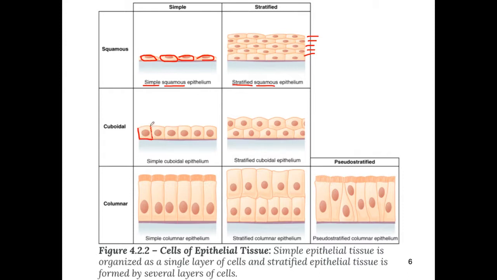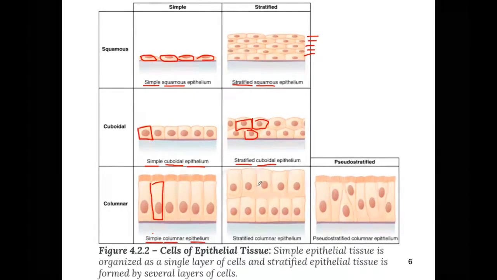Below it, we see these cubes. So we know that they're cuboidal. And then is it one cell layer or more than one cell layer? It's only one, so it's simple cuboidal epithelium. To the right of that, we have these cubes, and they are more than one cell layer thick. So we know that it's stratified. We know that they're square shaped, so it's cuboidal. So we have stratified cuboidal epithelium. Then down below, we see these columns, and it's one cell layer. So we call it simple columnar epithelium. And then to the right of it, we see that it's more than one cell layer, so it's stratified columnar